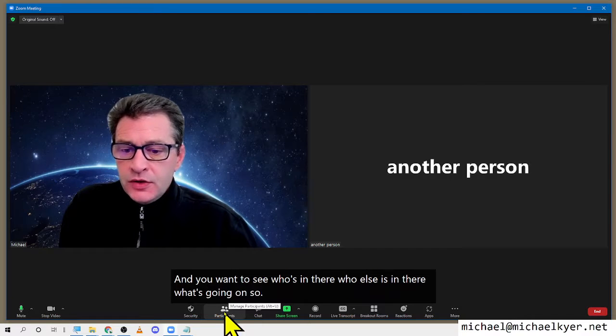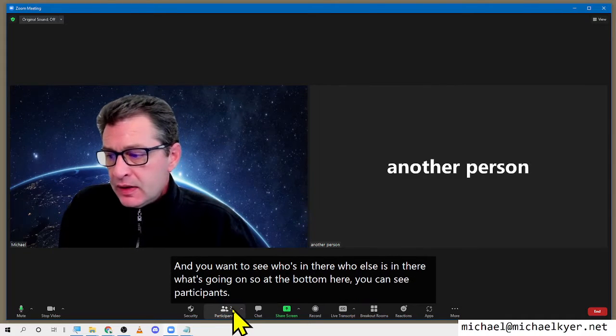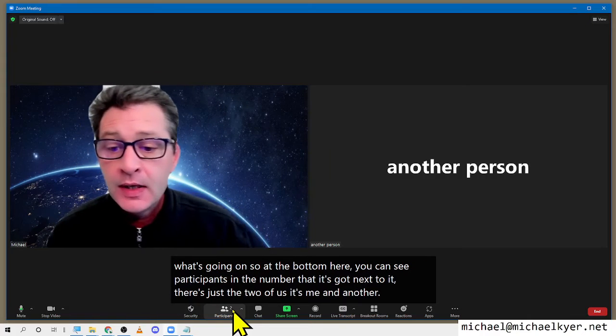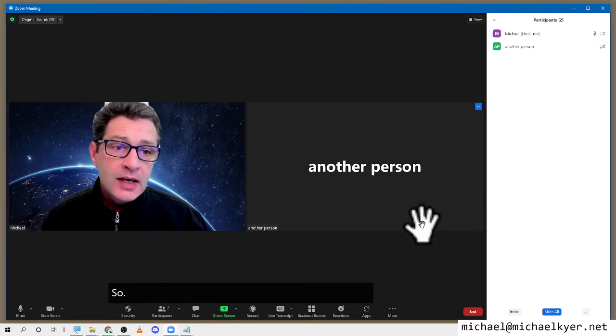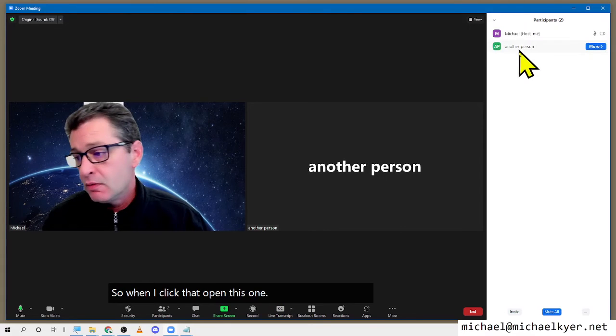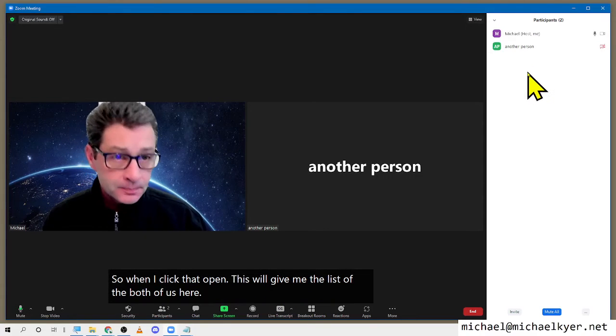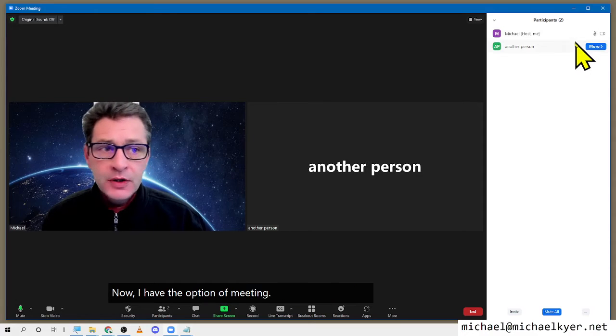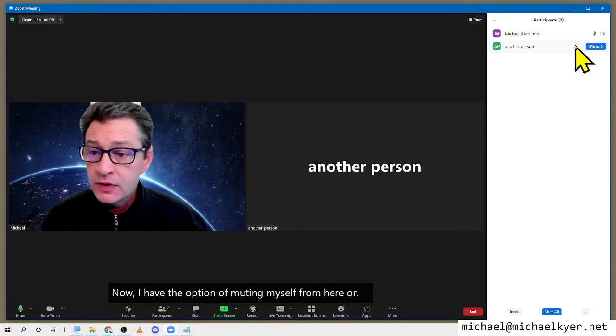So at the bottom here, you can see participants and the number that it's got next to it. There's just the two of us. It's me and another person. So when I click that open, this will give me the list of the both of us here right next to each other. Now, I have the option of muting myself from here, or I could mute this other person,